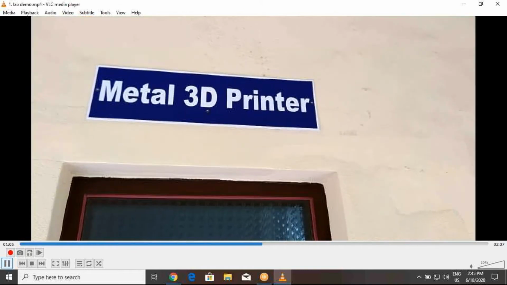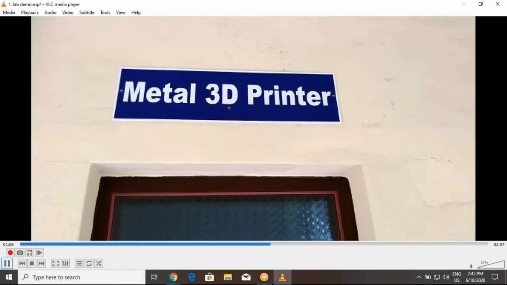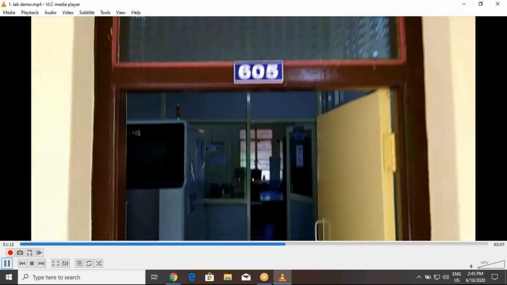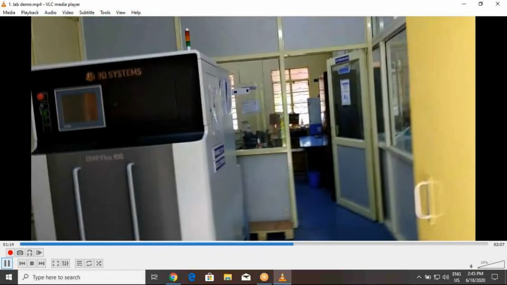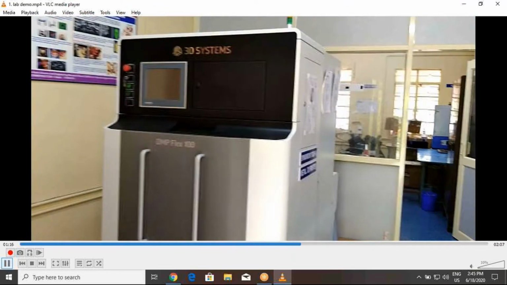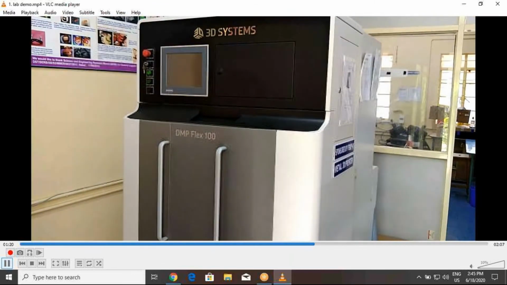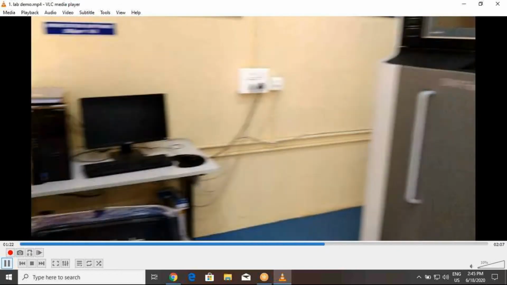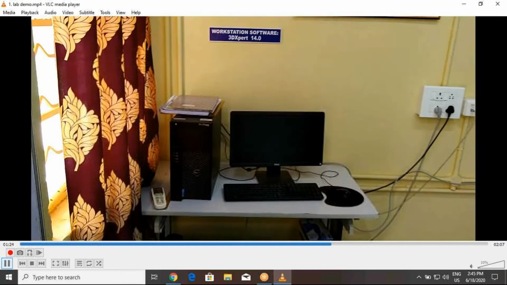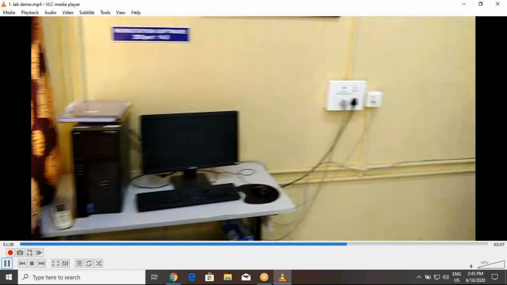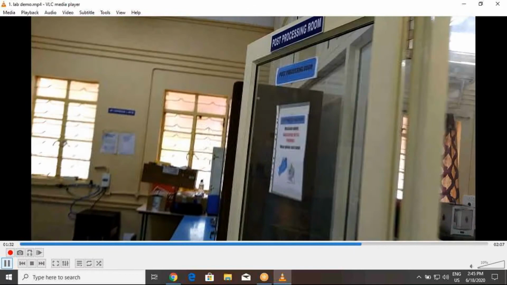This is the metal 3D printer in our lab, a 3D Systems DMP 100 Plex machine, and the workstation is also available at the 3D printer lab. Here we installed 3D Expert 14.0, and we are moving on to the post processing lab.